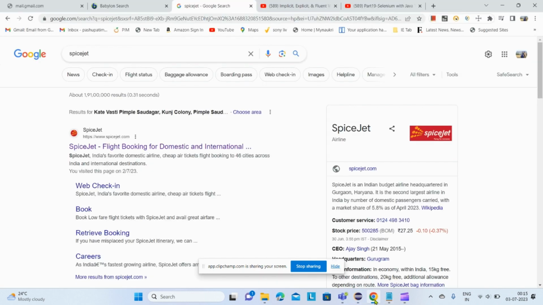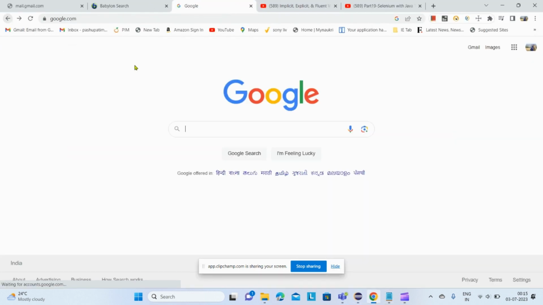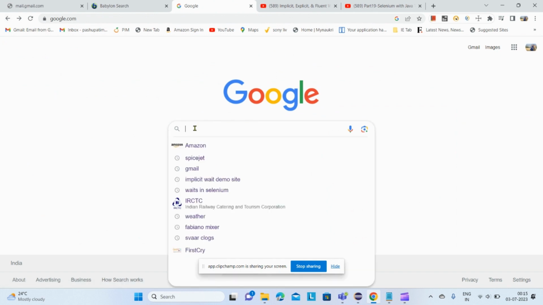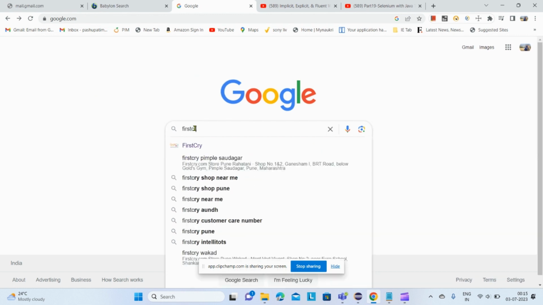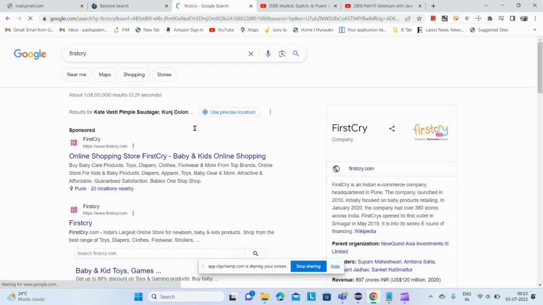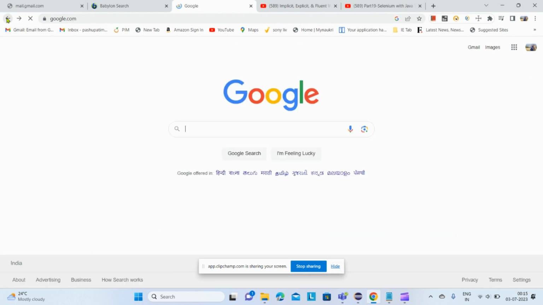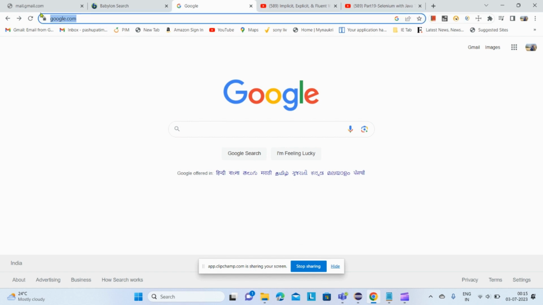Now here you can see that I open Google. Now I want to search something. Let's say I want to search FirstCry, right? FirstCry and enter. Here you can see that it takes some time to load that page. So what we'll do first is copy this URL, Control C,